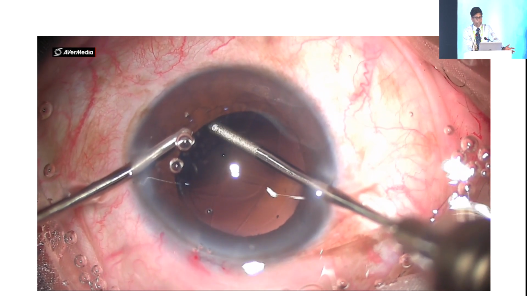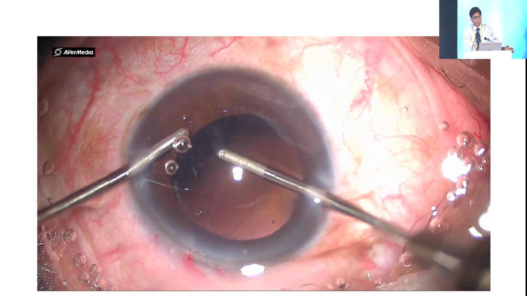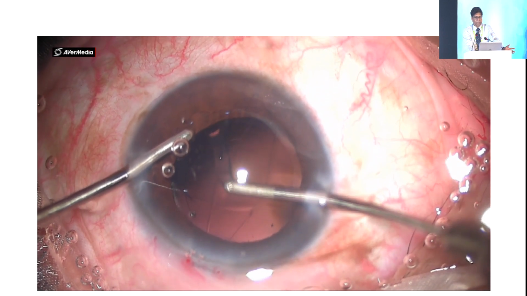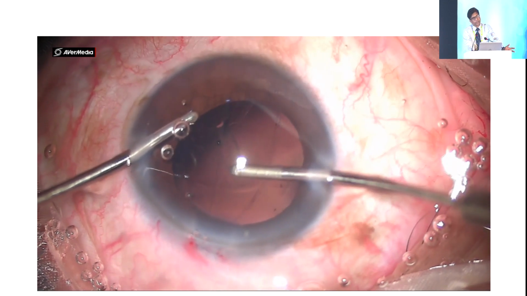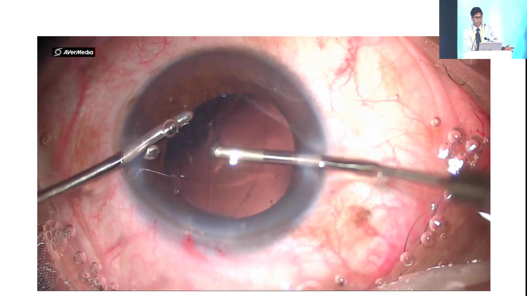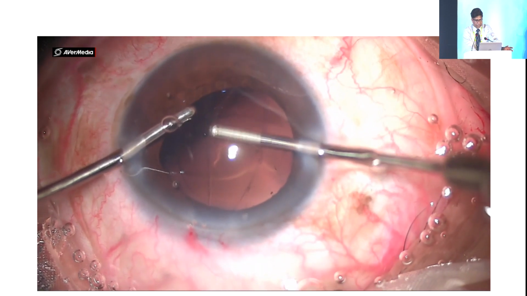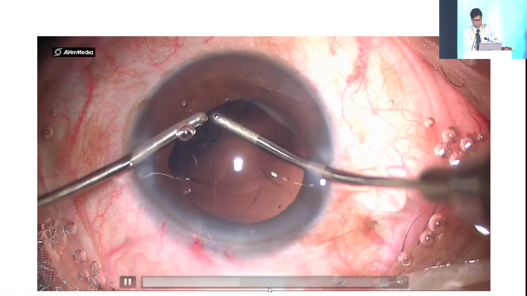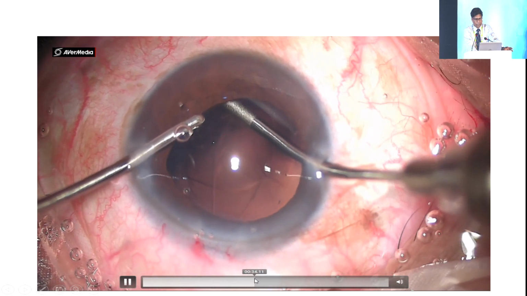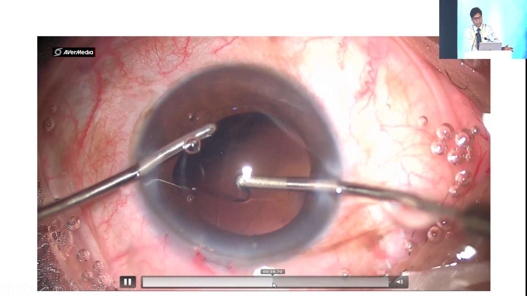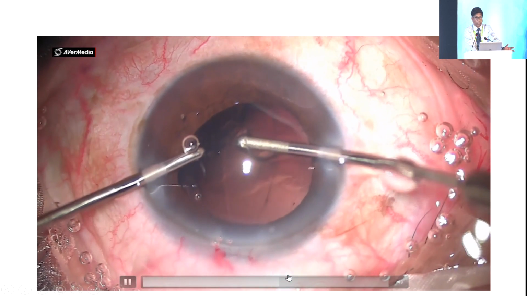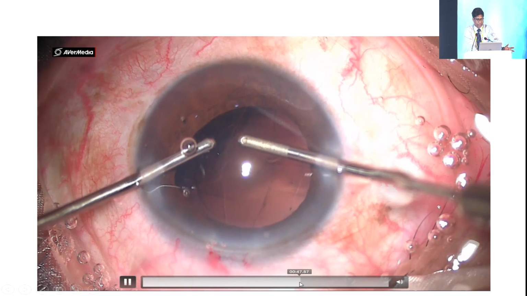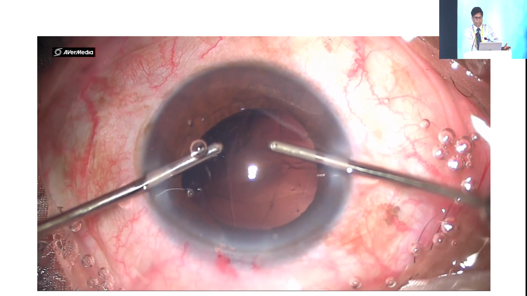There is no chance of doing PCCC. Be slow in taking out all the epicortex which is there. If the vitreous prolapses, you have to manage it. So here, at the last moment, the vitreous prolapses. If it prolapses, you know how to manage a vitreous prolapse with PC rupture. Use all the armamentarium.